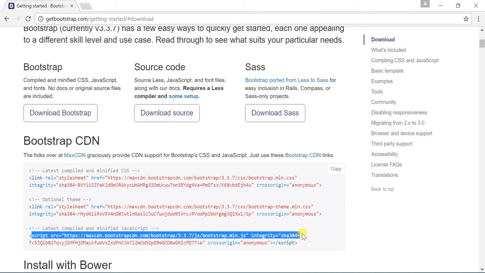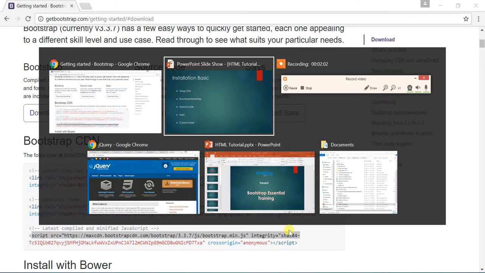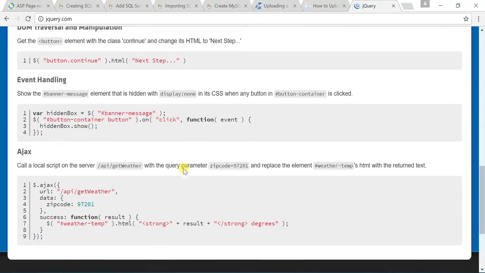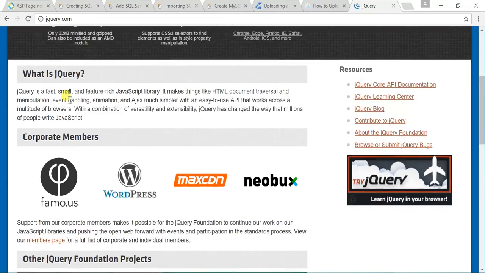So one important thing here is whenever you are using bootstrap.min.js, you need jQuery with it to make it work for your Bootstrap project. So for that you have to just go to the jQuery official site and download the latest version of jQuery from there, and you can make it work for your project, or either you can include the jQuery CDN in your project also. So if you go in the